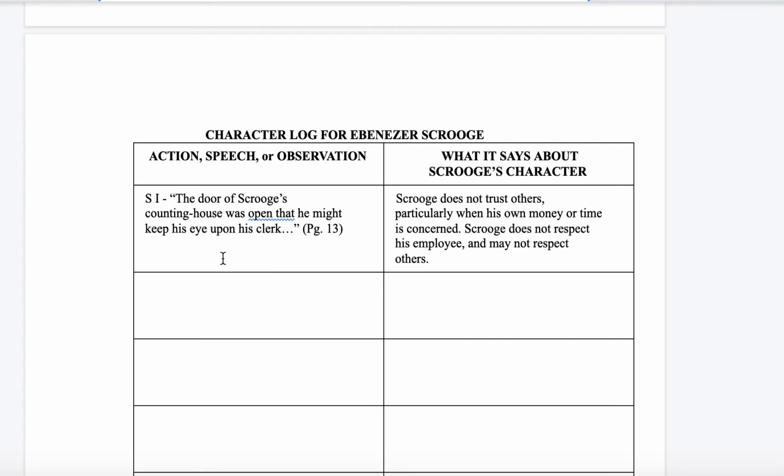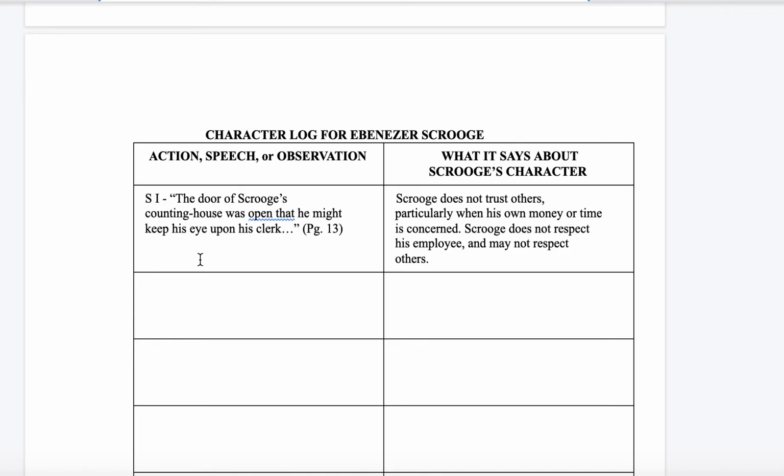Okay, so you will want to collect valid evidence that is very strong and powerful in describing the character of who Scrooge really is inside and out. Okay, so as we look at this first piece of evidence,